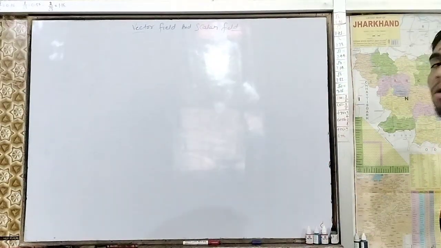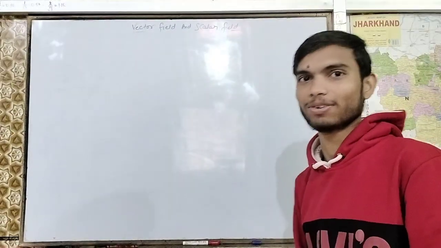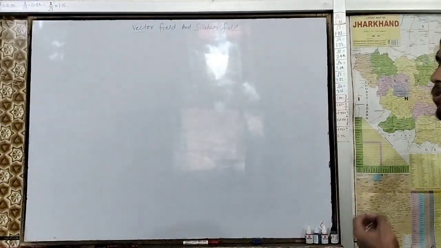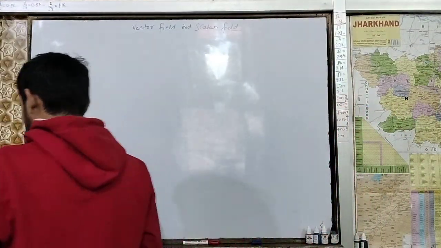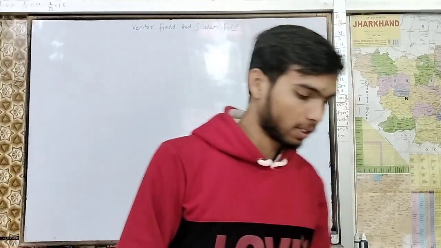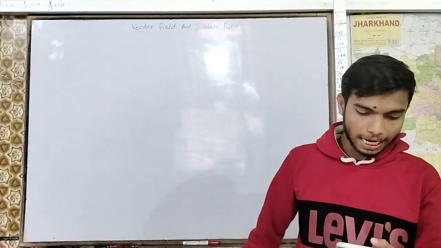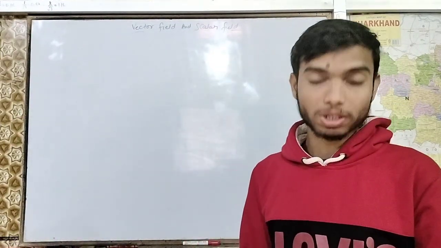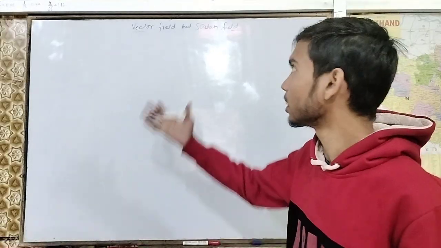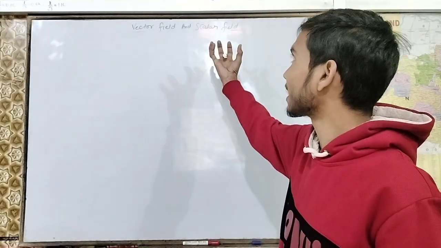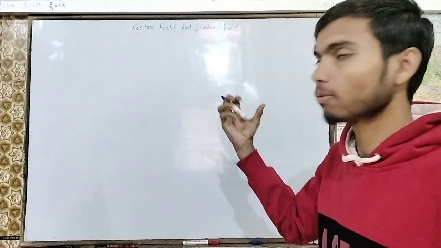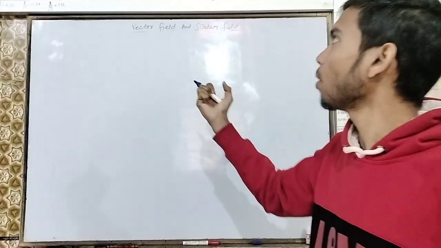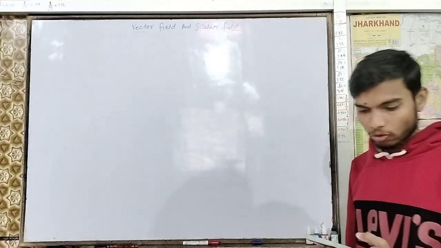A scalar field means field of scalar quantities. Vector field means field of vector quantities. The PPT explains it as a field of a physical quantity. Since we know that we have vector quantities and scalar quantities, field of a scalar quantity is a scalar field, and field of vector quantities is a vector field. So field of a physical quantity can be